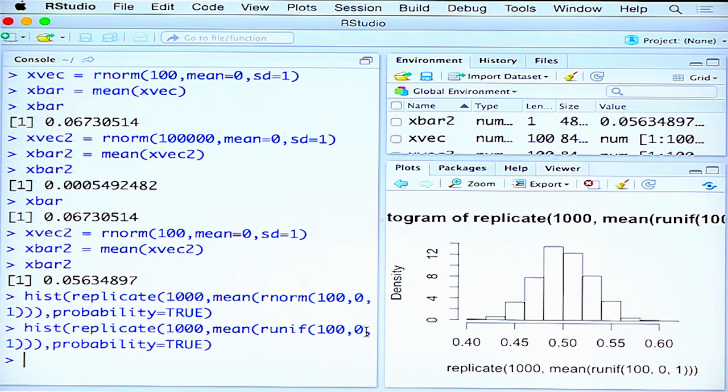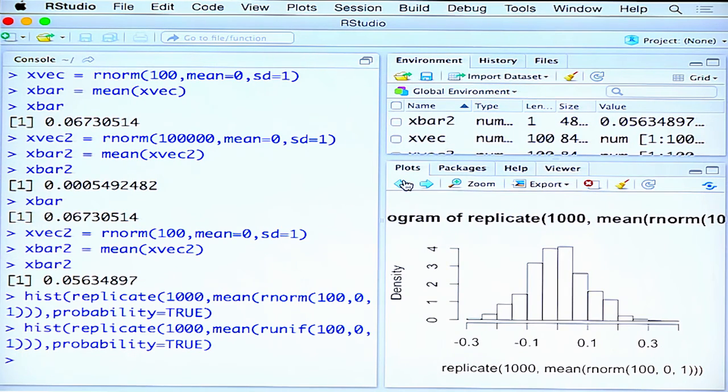So, in all of this what we are seeing is that the average of x bar seems to be the same as the true mean of the population. As we said earlier, that means this is an unbiased estimator of the true mean. Now, coming back to the hypothesis testing, and we will close the discussion there. Let us go back to the Gaussian case. R claims that R norm samples from a Gaussian distribution with mean 0 and variance 1, alright.